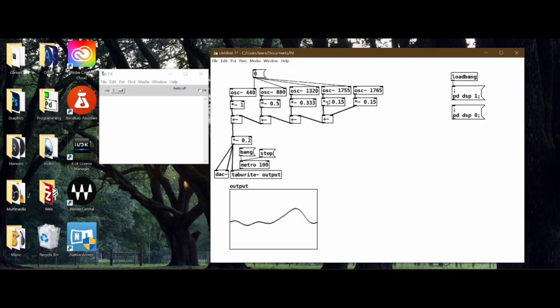And by them being off by the same amount, we hear a pulsing effect. We've actually created the effect of beating in the sound. By being 5 below and 5 above, we're hearing that kind of pulsing sound in the sound, which is kind of like the